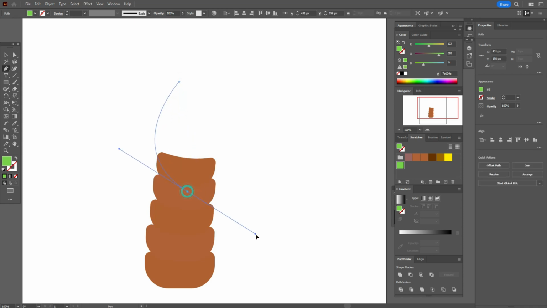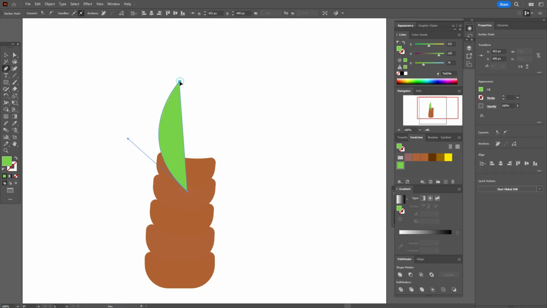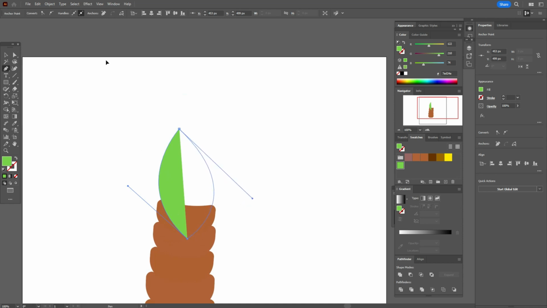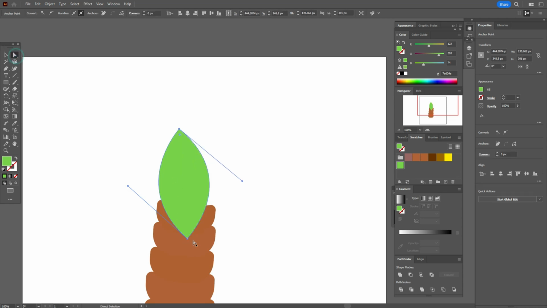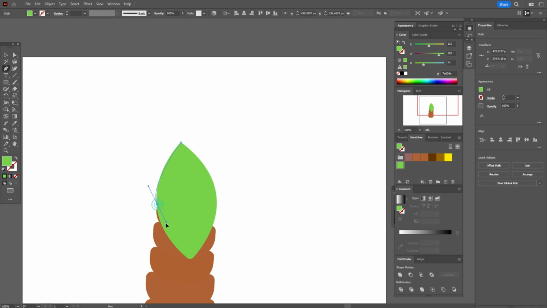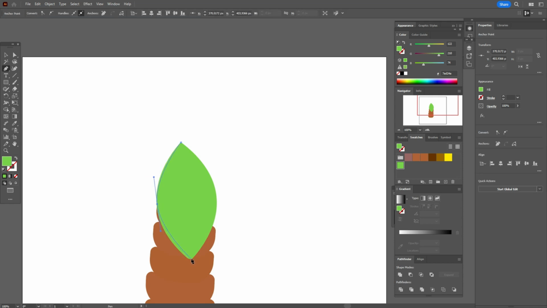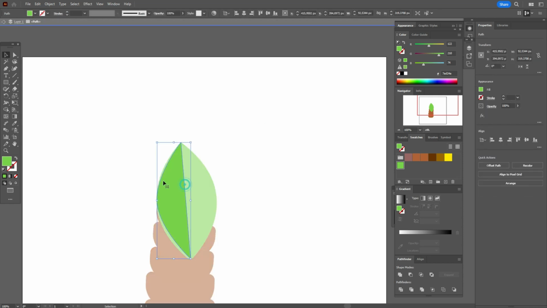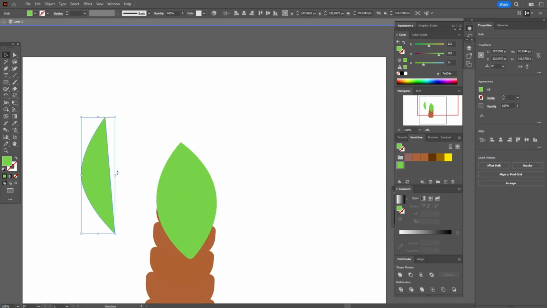Now green color, pen tool, and draw the first leaf of the palm tree. Select that point and round the corner. And now again pen tool and create the shape like that with the pen tool. Okay, take that shape and rotate it a little,